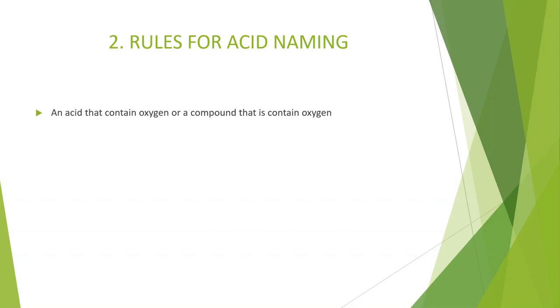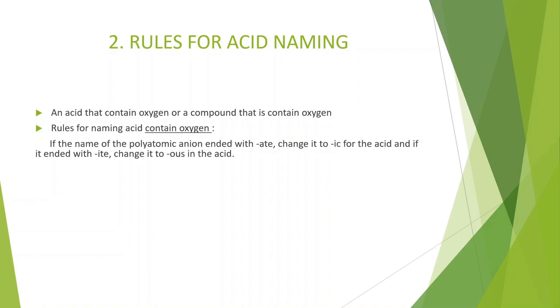Now, acids that contain oxygen. Rules for naming acids that contain oxygen: if the name of the polyatomic anion ends with ate, change it into ic for the acid. And if it ends with ite, change it into ous in the acid. Example: